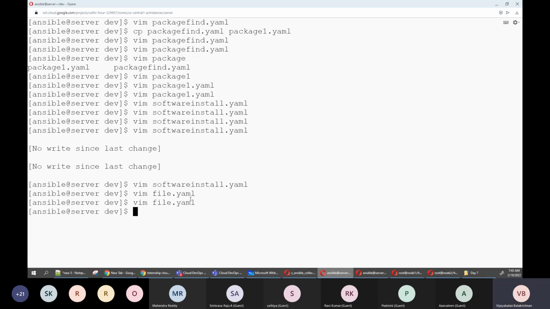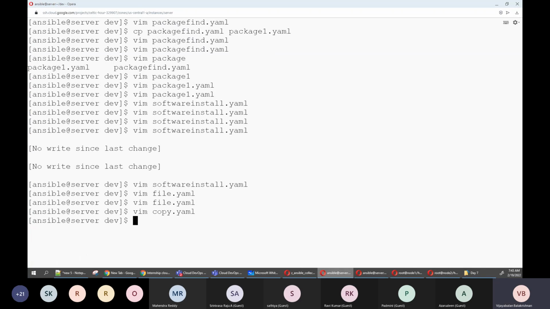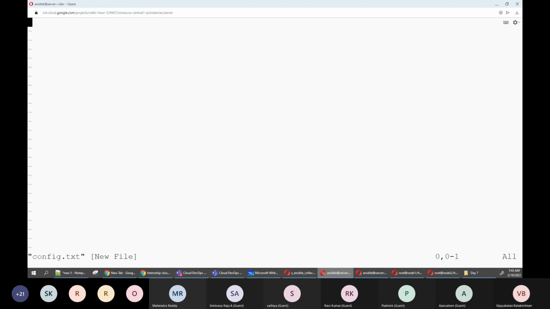I'm going to create a playbook: vim copy.yaml. You need to have some file, but before that we will create a file. Vim some config.txt. Insert mode.